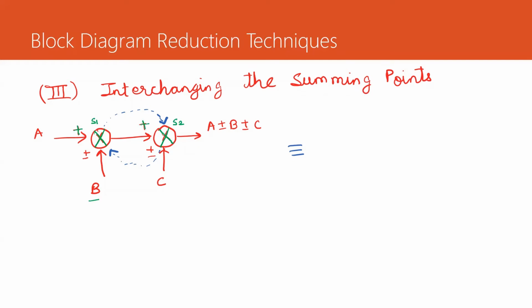So we have summing point S2, and in that summing point the output of summing point S1 acts as an input, and one more input we are providing is C. Now you can see the output we get is A plus minus B, and that A plus minus B is applied to S2, and we get the overall output as A plus minus B plus minus C. But suppose, for instance, I want to move summing point S2 to the position of S1 and S1 to the position of S2, then in that particular case,